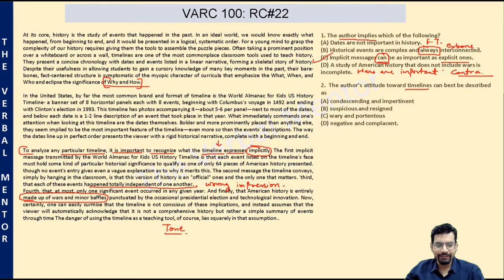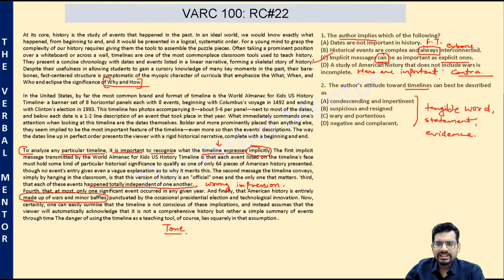Now all these options are negative actually. So the question becomes tricky. Now what to do? Now look for a tangible word, a tangible statement or a tangible expression, a tangible evidence for one of these answer choices in the passage. There has to be a word which will match the tone in one of these answer choices.